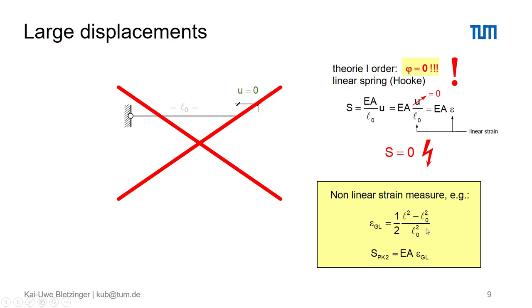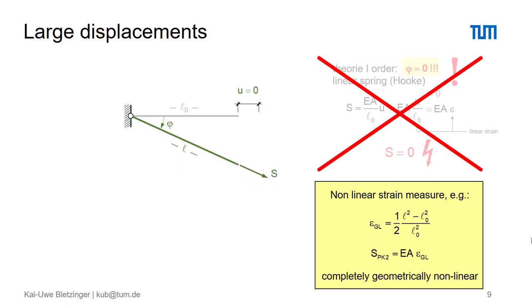as displayed. And if we take this term for the strain and again put it into our Hooke's law, we can receive what is called the Piola-Kirchhoff force of second kind as a function of the Green-Lagrange strain, the elastic modulus, and the cross-section of the undeformed cable element. That's already the solution, how we can approach nonlinear problems, and everything would be fine.